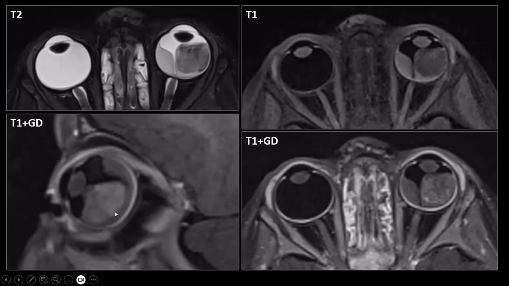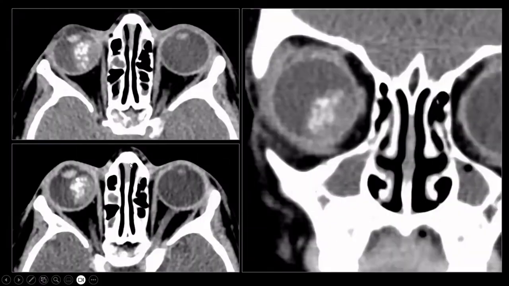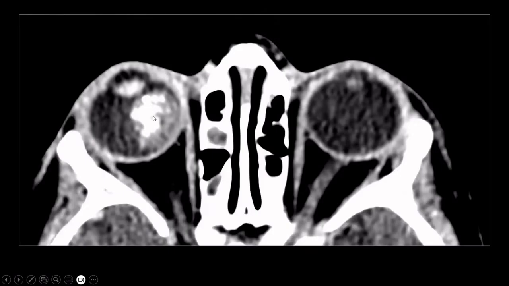And there is detachment seen posteriorly of the tumor. These are the CT images in this patient. We try not to do CT images of the eyes because we do not want to irradiate the eyes, but sometimes we have to. I don't know why it was performed here, but it was performed, and we see that the tumor contains a lot of very small speckly calcifications. And this is very suggestive for one particular tumor, namely